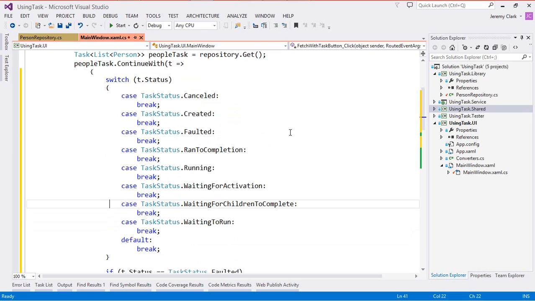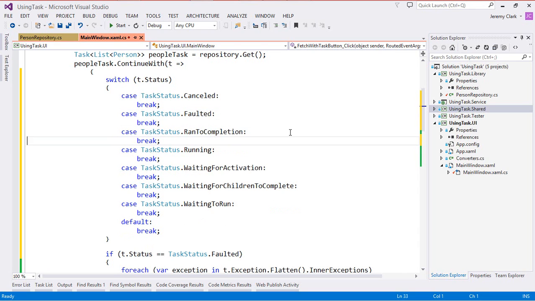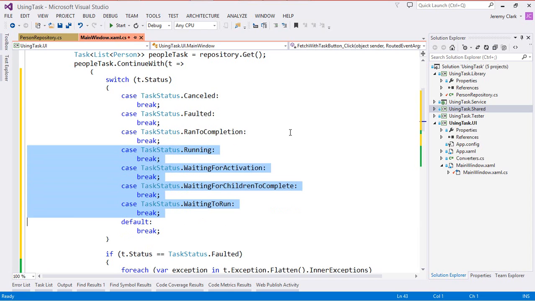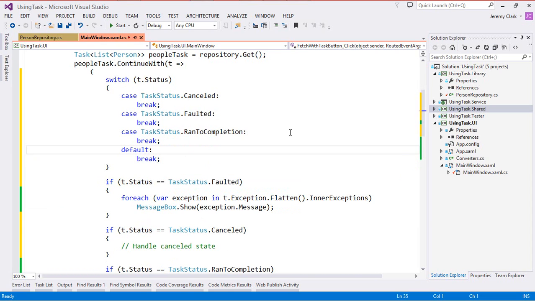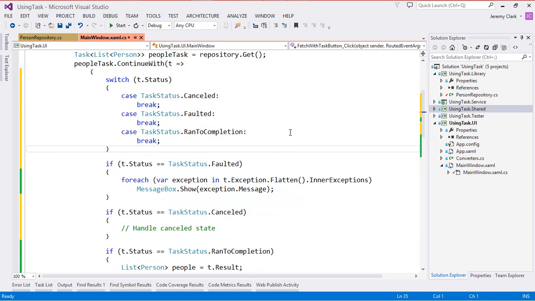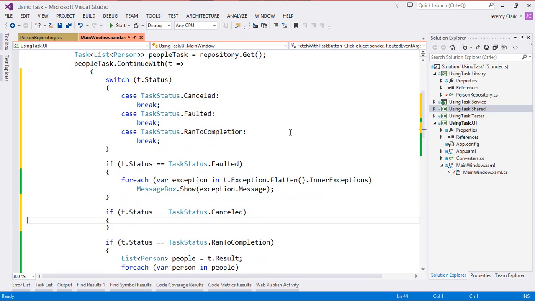Now, I actually don't need to worry about most of these because remember, we are in a continuation. So this will only run after our task is done running. So these ones that pertain to waiting to run, waiting to be activated, and running, we don't need to worry about those. So we'll go ahead and just keep canceled, faulted, and ran to completion. And let's just move our code up there. So we'll take our